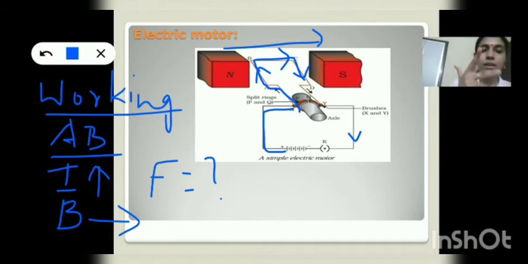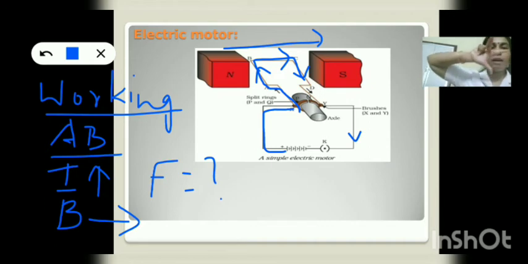All of you hold the left hand. Stretch the first three fingers in mutually perpendicular directions. Your index finger should be along the direction of field. What is the direction of field? Towards right. So your index finger must be towards right. Now, your middle finger, which indicates the direction of current, should be placed upwards like this. This is the direction of the middle finger. So where is your thumb? All of you just try it and find out the direction of the thumb. Yes, the thumb is pointing downwards.